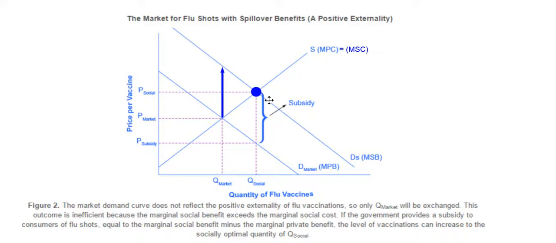So the key here is, in order to get from here, which is not the socially optimal quantity, to here, which is the socially optimal quantity, the government is going to pay a subsidy. Okay,